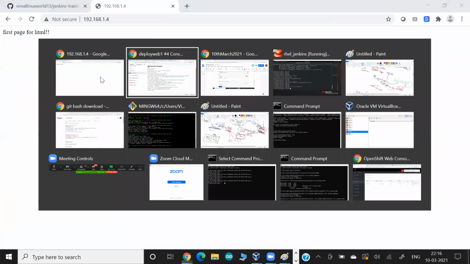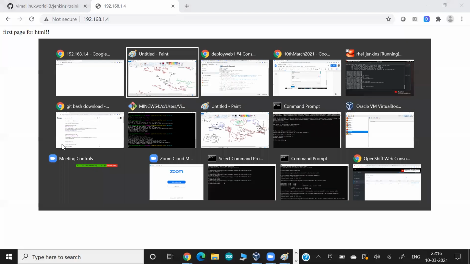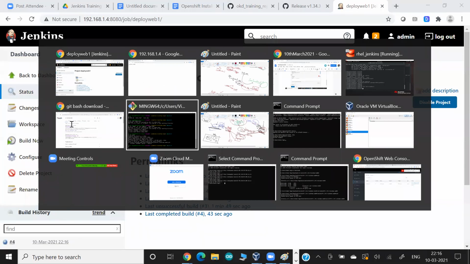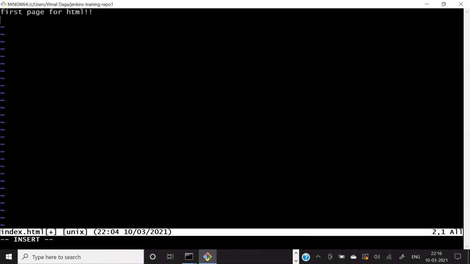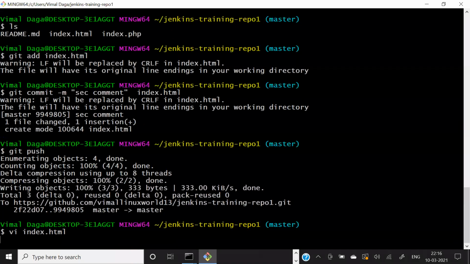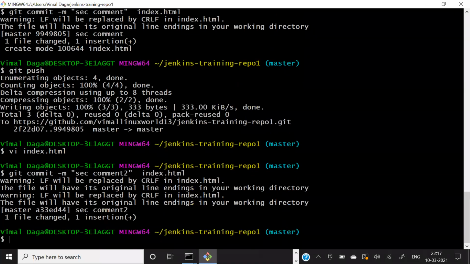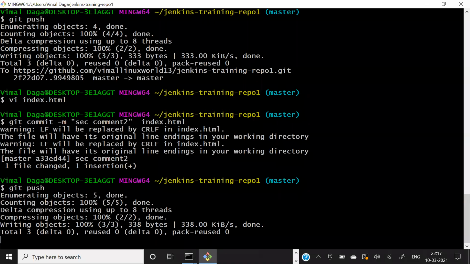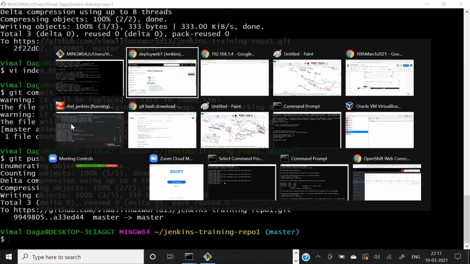Now it's time to discuss triggers. I don't want my job to be run manually. What I mean by this: let's say I'm a developer sitting at my laptop, and I change something in my file. Let's say I added a second line and saved. After saving, you can commit and push. So as a developer, you uploaded your code to GitHub. You know it as a developer, and by chance GitHub also knows,